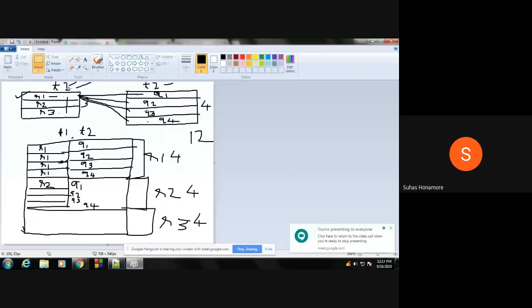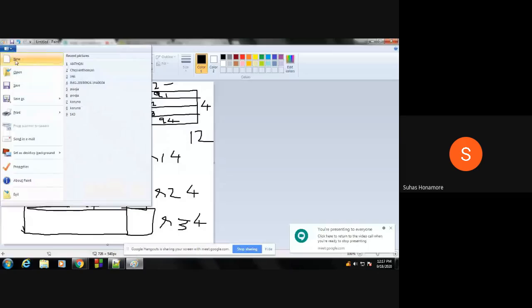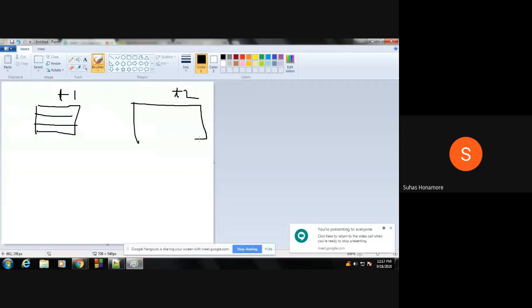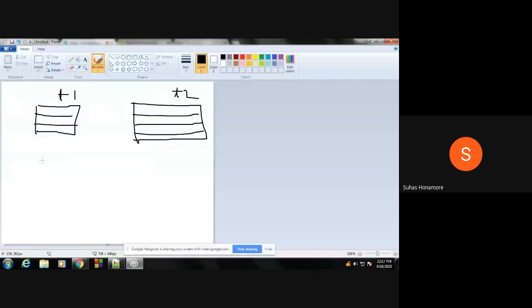So here, consider that you have two tables, T1 table and T2 table, with whatever number of rows they have. Consider we have 3 rows here and 4 rows here. The first row, whatever it is, will combine with all 4 rows here.